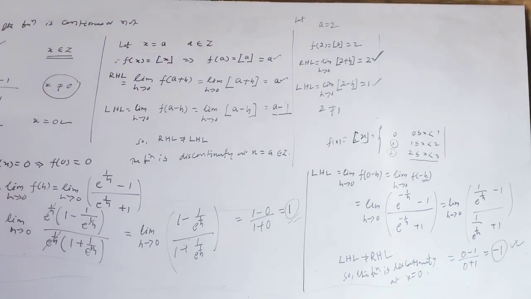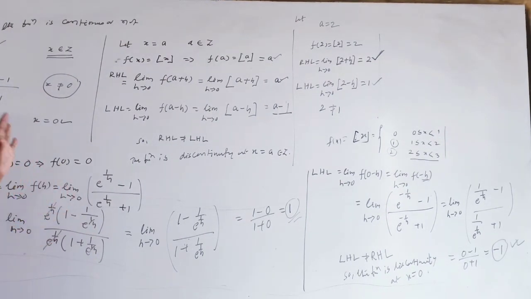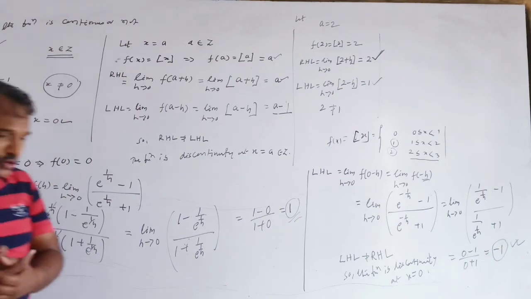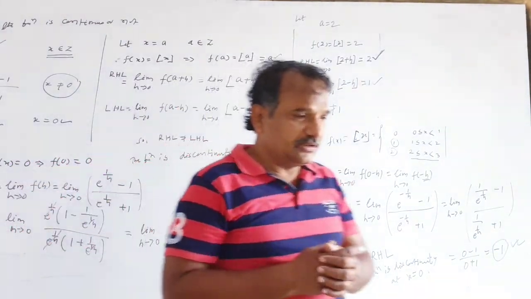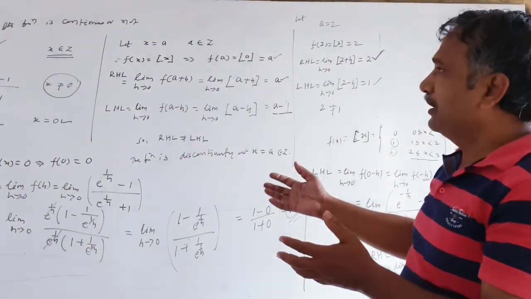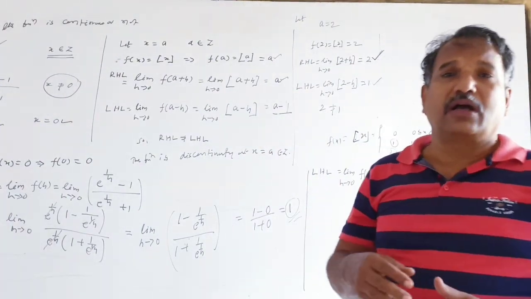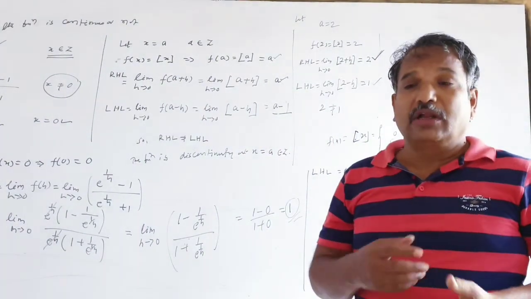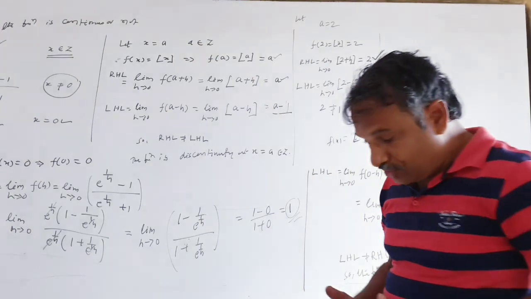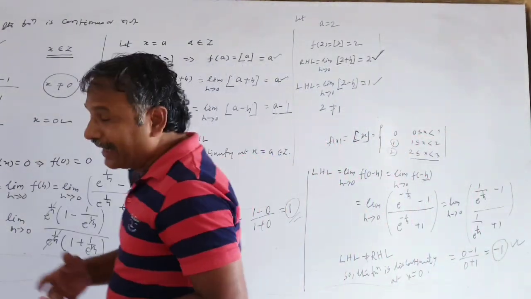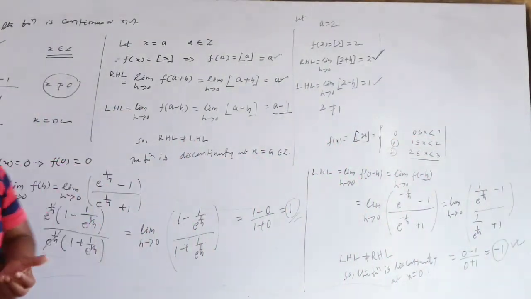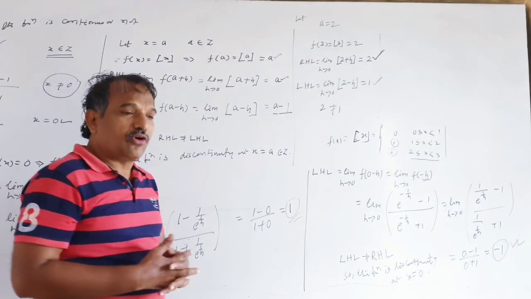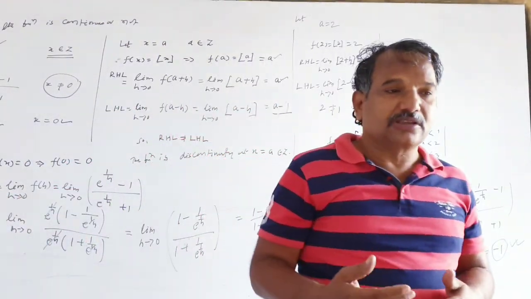Now another two examples, next one. Now this is whether the function is continuous or discontinuous at different points. Okay, this is a simple example. Now next class we will discuss more examples. Let us see whether the function is continuous, then find the value of the unknowns. Or test whether the function is continuous or discontinuous. We will discuss this in the next class. Okay?